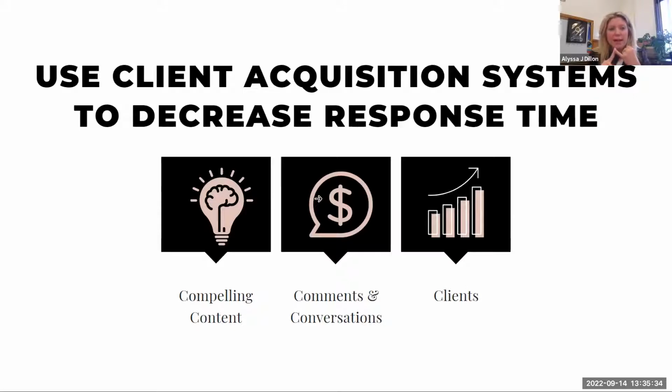Write this down, guys, write it down. Qualify. You want to find out where they are right now. You want to find out where they want to go. Where are you right now? Where do you want to go? Find out if you have a strategy that can actually help them. Find out what they have already tried to do to get there. If it sounds like, based on this information, you can in fact help them,